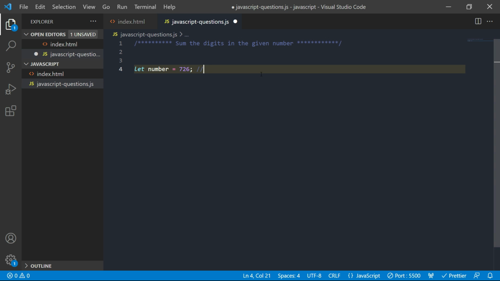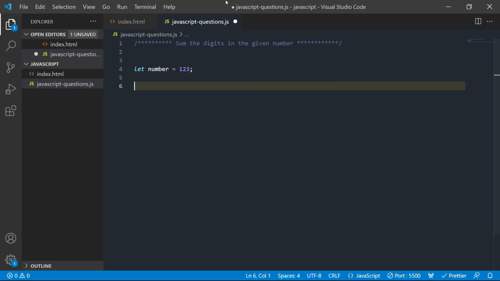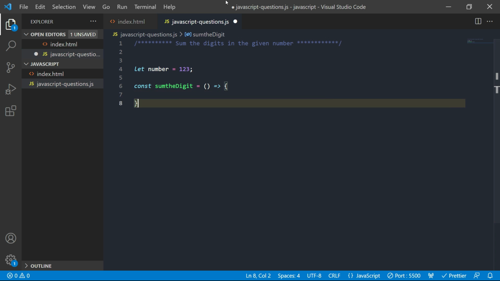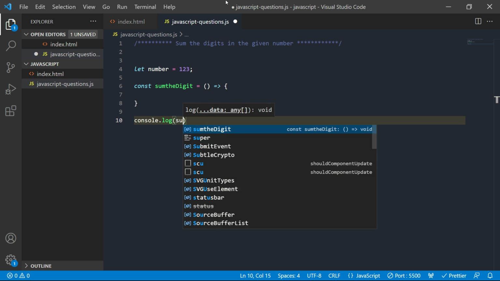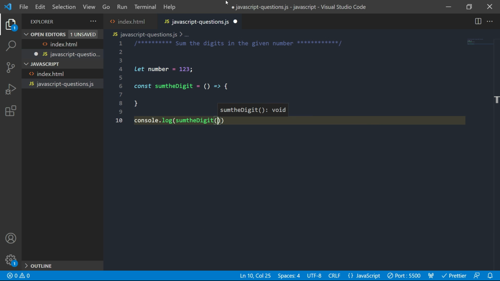Okay, let's revert back to the example of 1, 2, 3. Now write a function const sumDigit, an arrow function, console log sumDigit and pass the number.